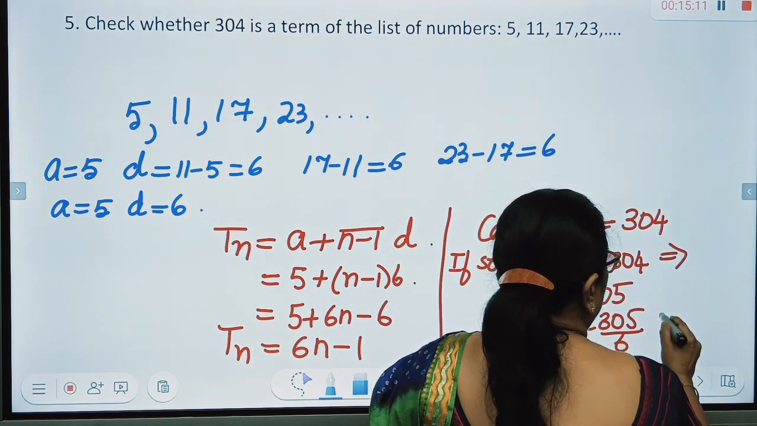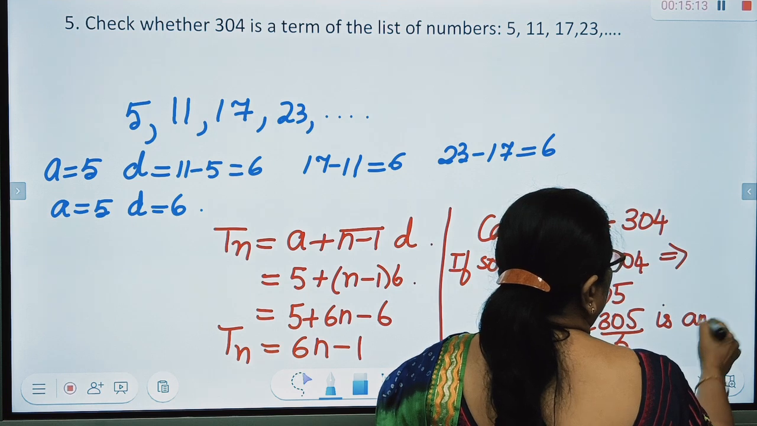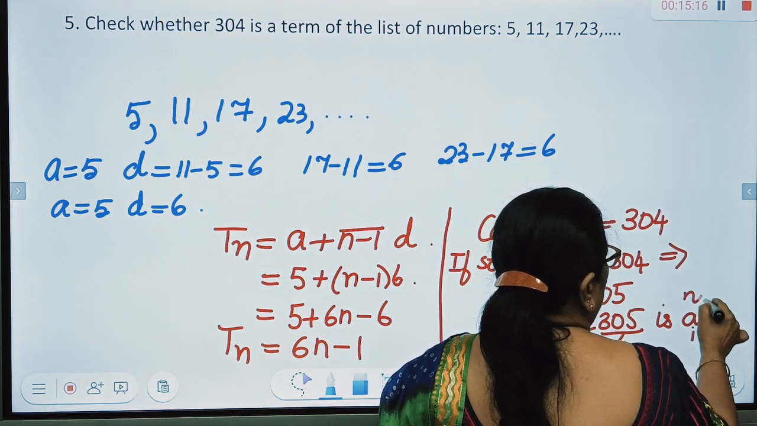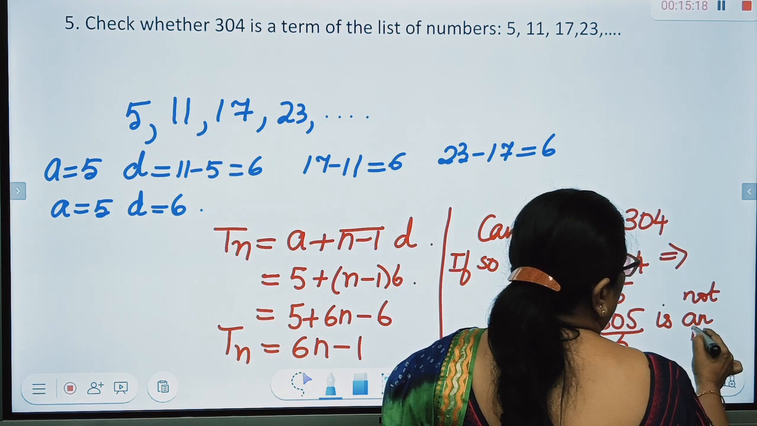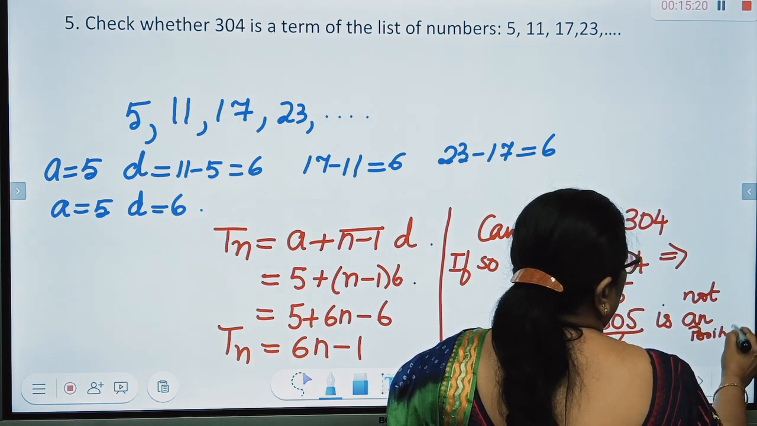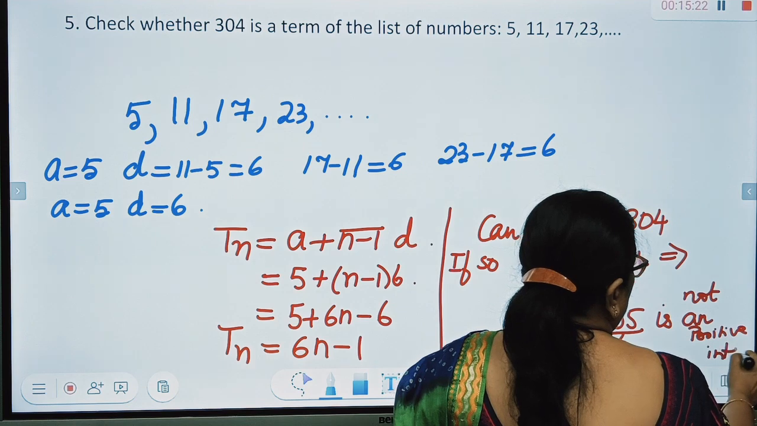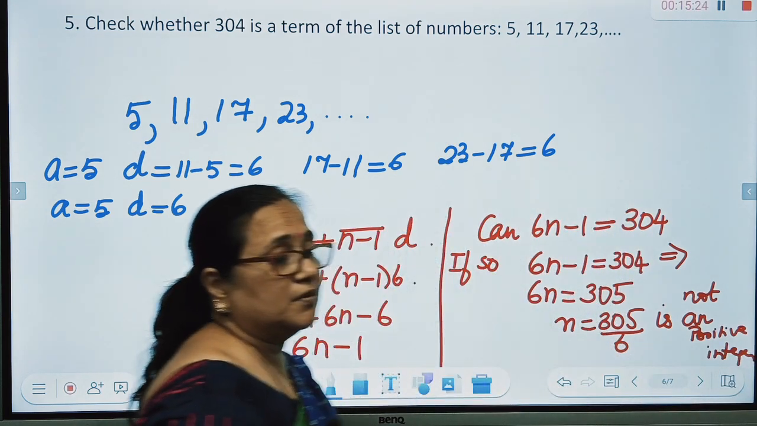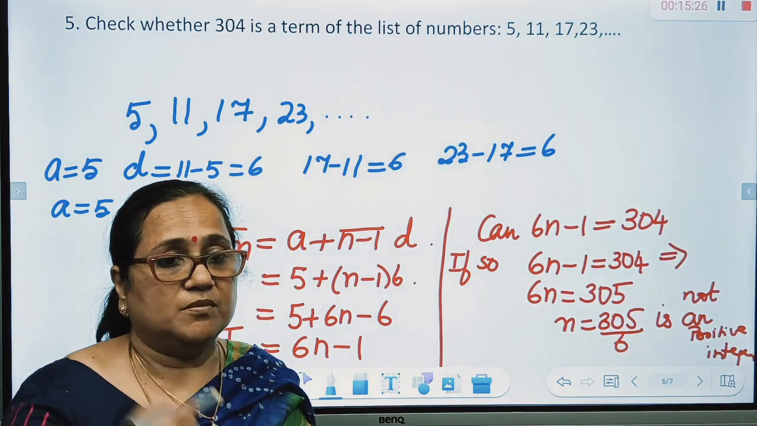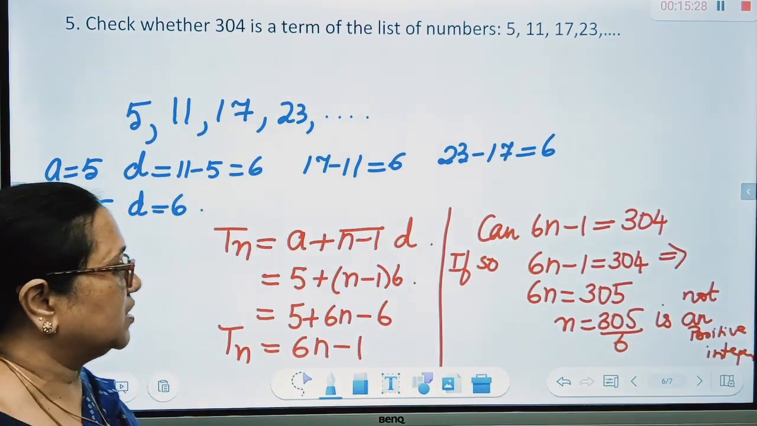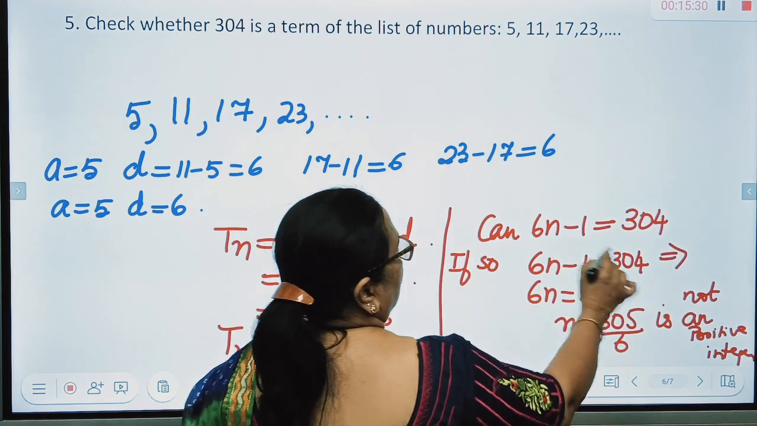It's not an integer, not a positive integer. See, if it has to be a term, then we start from 1, right? First term, second term, third term, etc. So, but if I assume